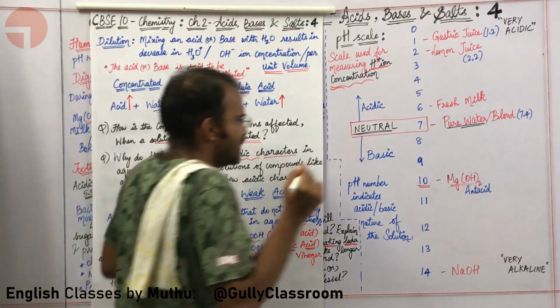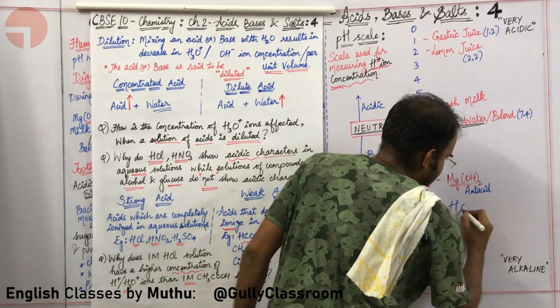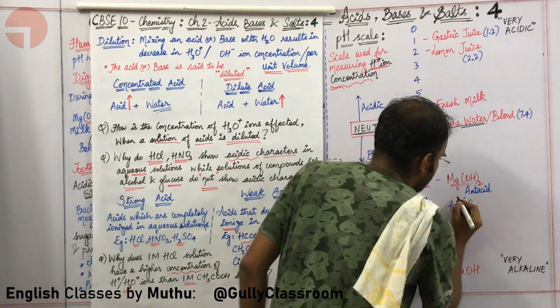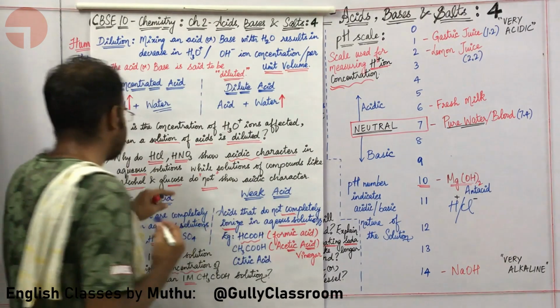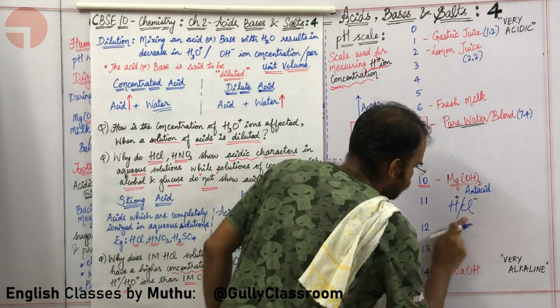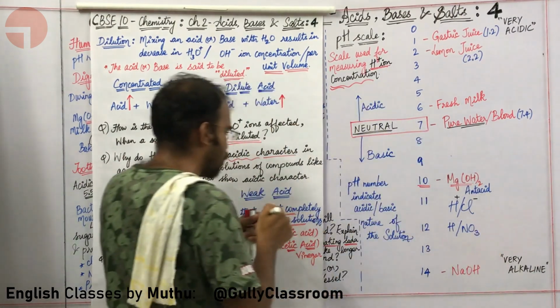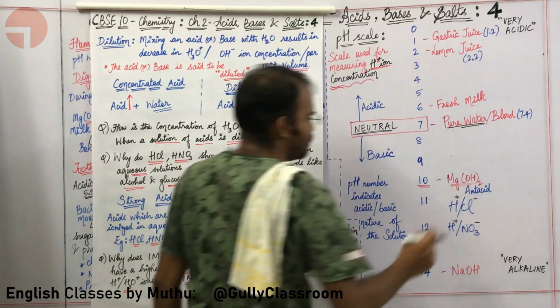Why? First, let us take HCl. HCl can be broken into two parts: hydrogen ion and chloride ion. In the same way, let us take the next acid, HNO3. HNO3 means nitric acid. It can also be broken into two parts, H plus or hydrogen ion, and NO3 minus or